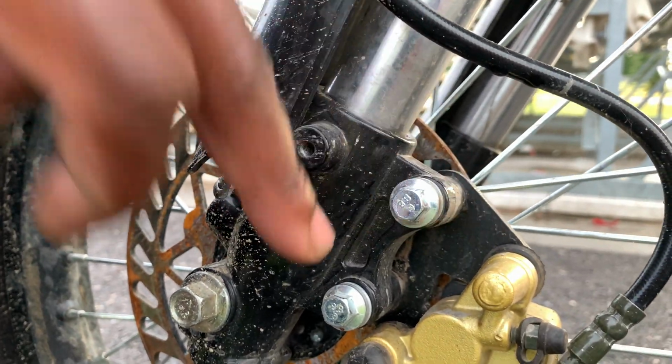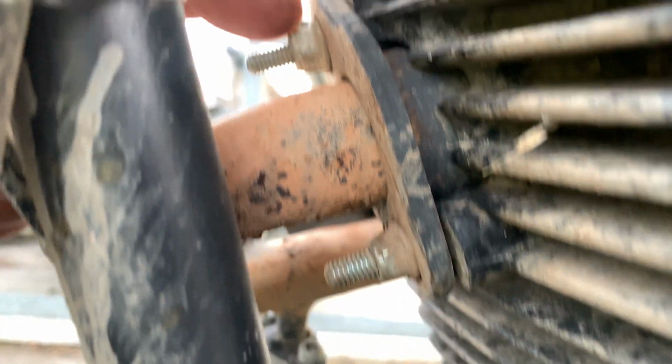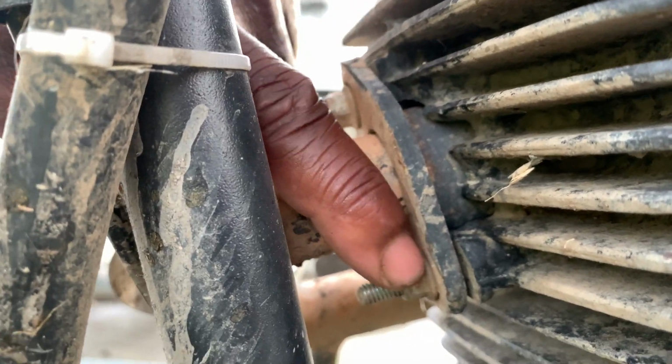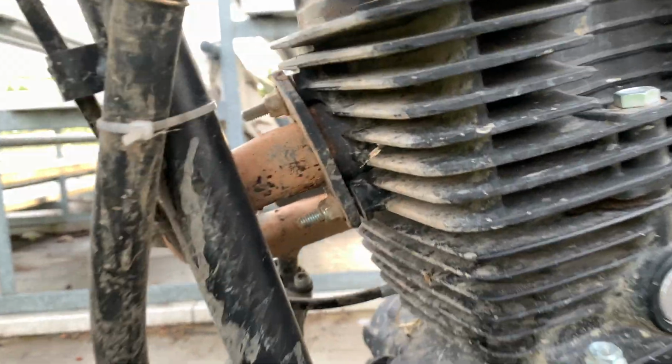Since I take mine out, I put Loctite on them, I have no more issue. And one more other thing you have to put Loctite on, you have to take the exhaust. There's two, I think 12 millimeter or 10 millimeter nut. You have to take these ones out, and you have to put Loctite on them. I see these guys loosen up before already, but other than that, I don't